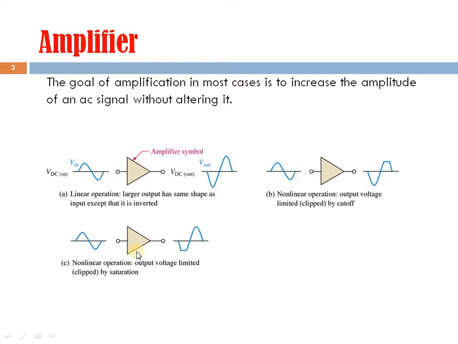While if you see this kind of amplifier arrangement, on the negative half cycle there is a distortion. There is a cut in the signal, and in the same way, in this figure you see there is a distortion at the output side. We don't want these kinds of distortions in our amplifier circuit. We want a faithful amplification, meaning the shape of the signal should not change. Only the strength of the signal is increased after amplification.